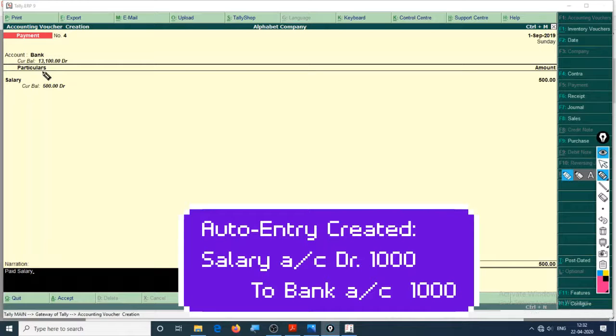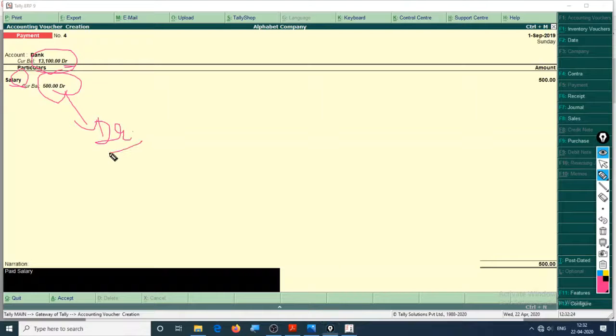One thing that you can see right here is debit. This is debit, as salary is a nominal account. Debit all expenses and losses, hence it is already debited. And this one is a bank account. Bank is a personal account. So okay, let's skip this one for right now. You can just remember this one and let's move forward.